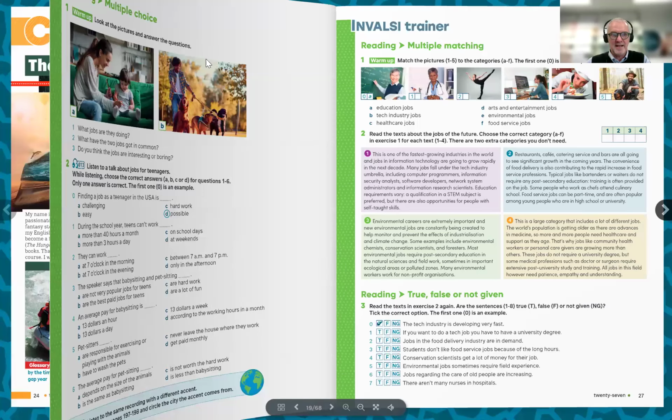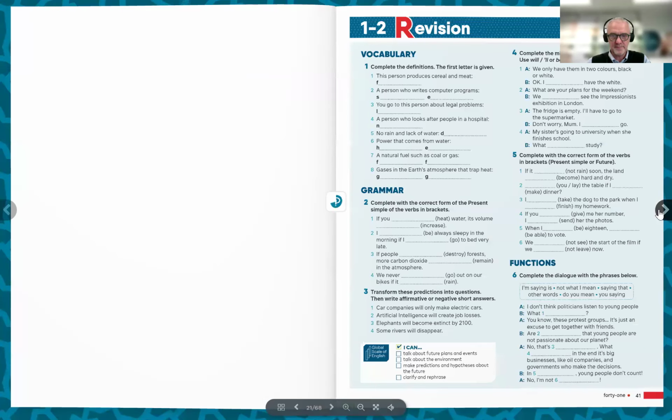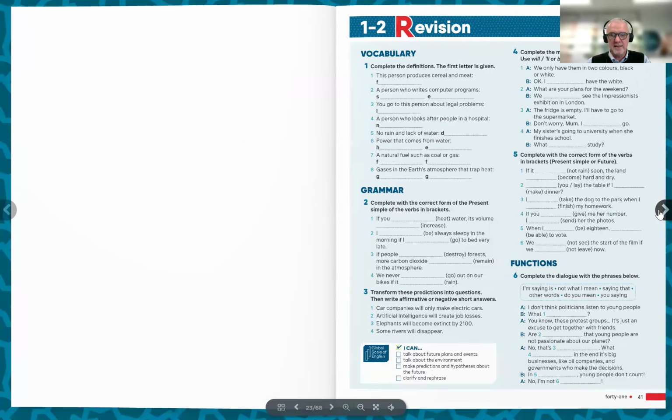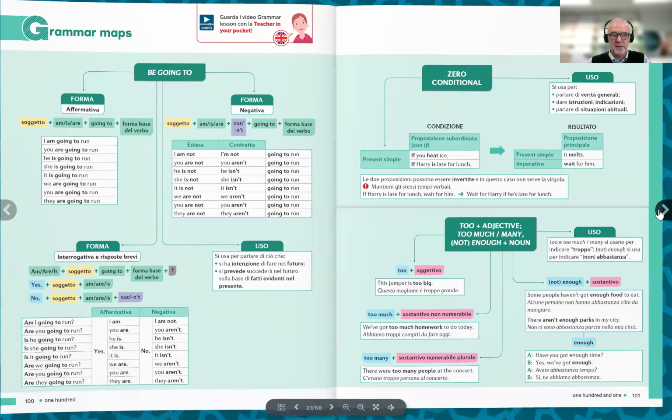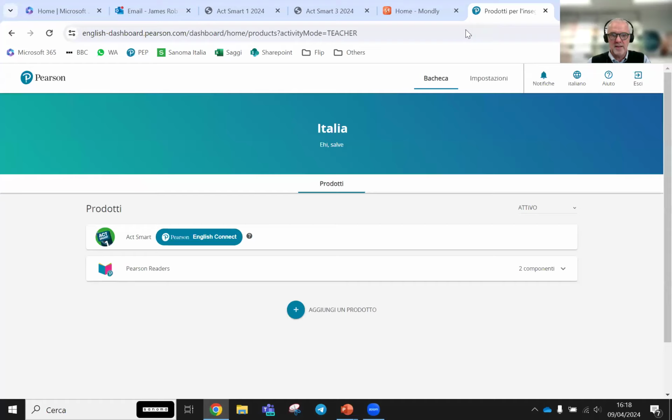And then here an extra section at the end of every unit in terza on Invalsi, with integrated Invalsi practice. Okay, then a revision section, active citizenship, you can see here, and the vocabulary maps in the workbook, vocabulary and grammar maps, etc.